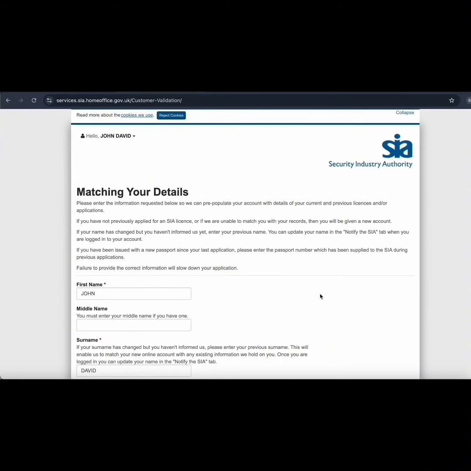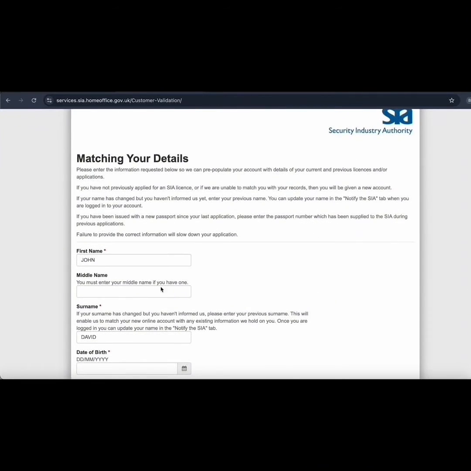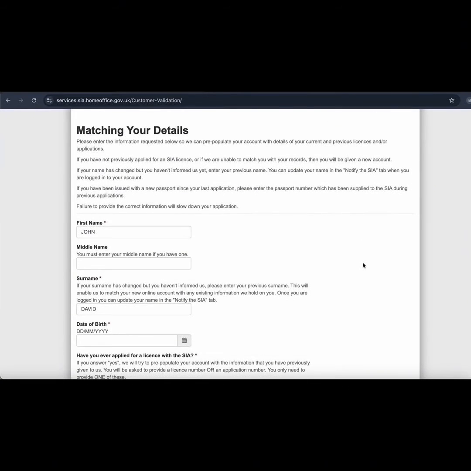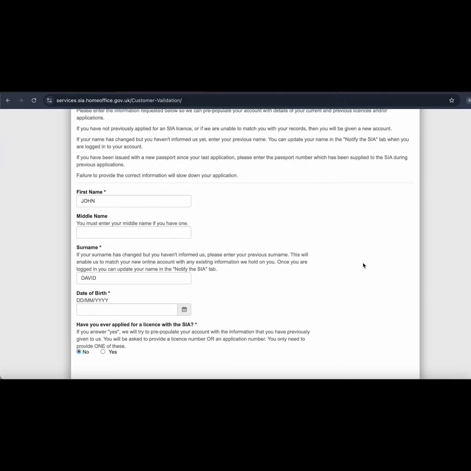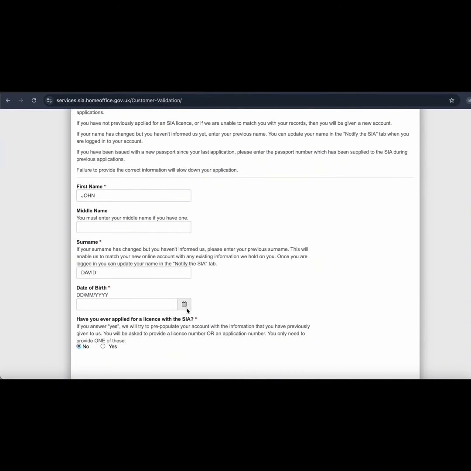This will open a new page that says Matching Your Details. Here, you will need to enter your first name and surname exactly as they appear on your ID. If they do not match, it could cause problems later. Then, you will enter your date of birth by clicking on the calendar on the right side and selecting the